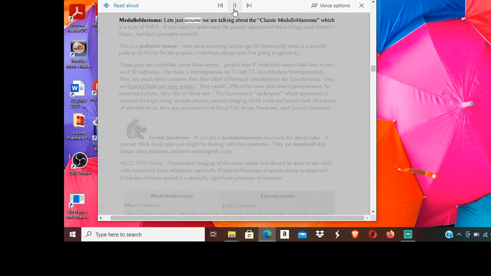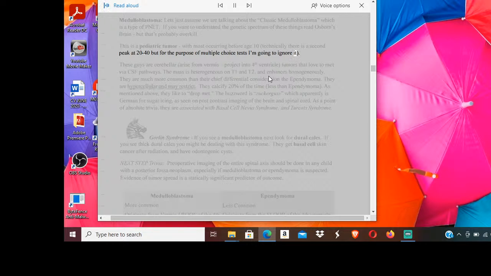Medulloblastoma. Let's just assume we are talking about the classic medulloblastoma, which is a type of PNET. If you want to understand the genetic spectrum of these things, read Osborn's Brain, but that's probably overkill. This is a pediatric tumor, with most occurring before age 10. Technically there is a second peak at 20 to 40, but for the purpose of multiple choice tests,